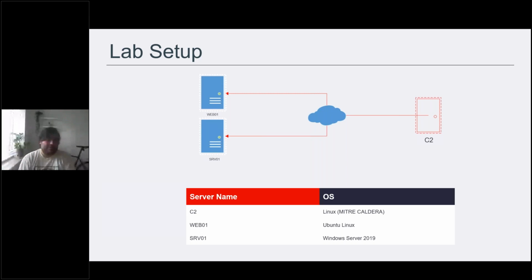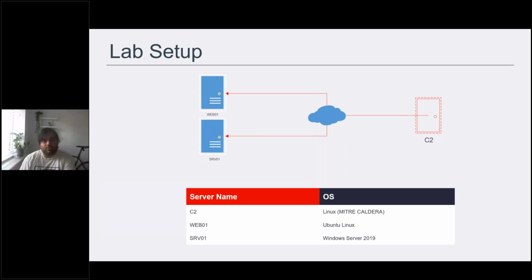For the command and control server, I'm using a free tool called MITRE Caldera. It's created and maintained by the same people who do the MITRE ATT&CK framework. So it's a really good tool for me in engineering and for SOC, because we're able to automate attacks, we're able to script attacks, and have those automatically mapped to the MITRE ATT&CK framework so we can optimize our procedures. So in this case,